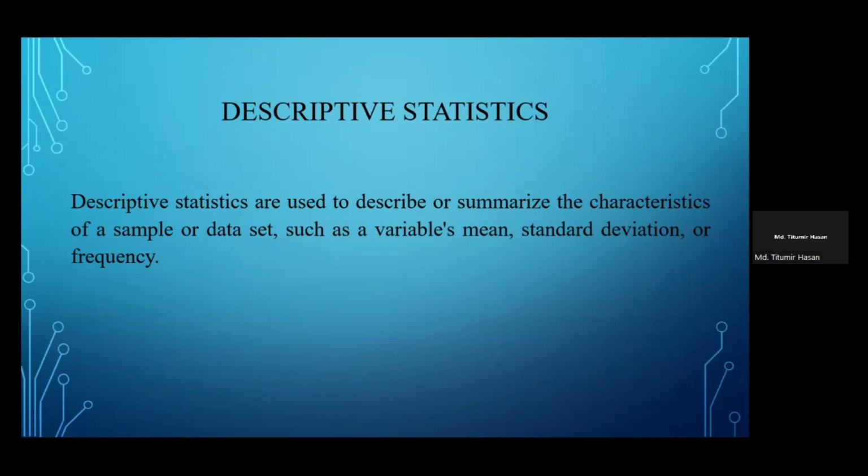So from that definition, we can say that you can get to know about the characteristics of a particular variable from descriptive statistics. Like